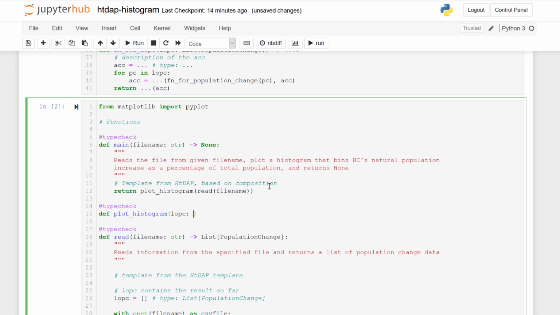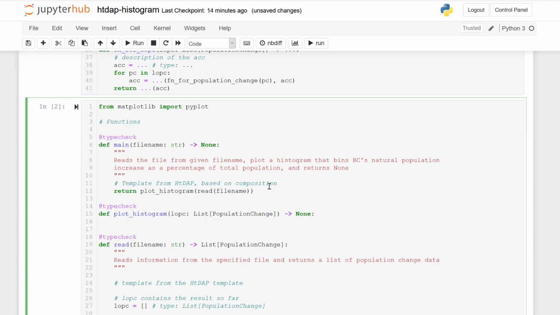So the function's name is plot histogram. Its input is a list of population change, because in main I can see I am passing the result of read to plot histogram, and read returns a list of population change.